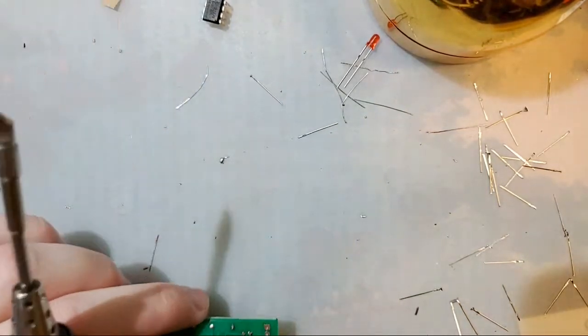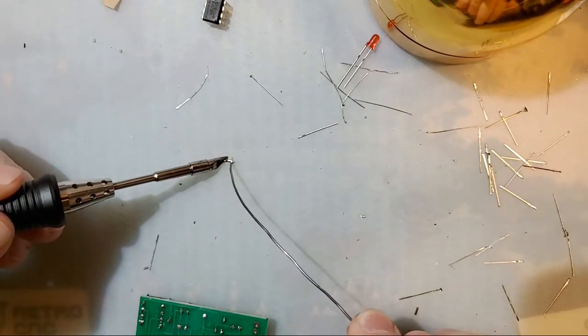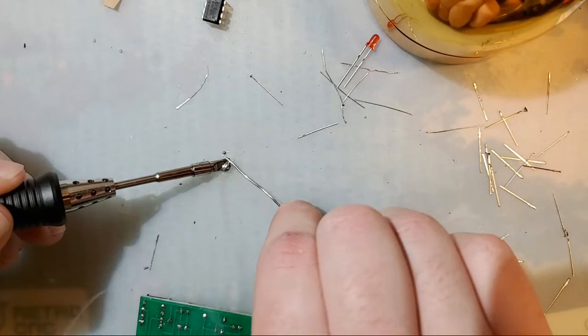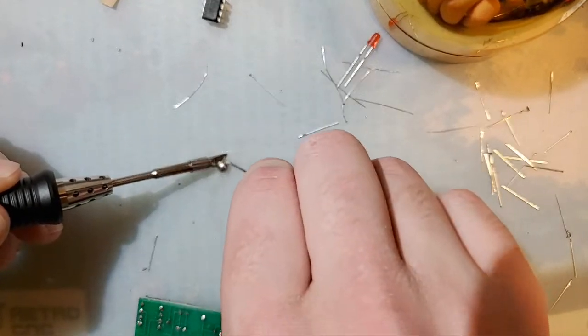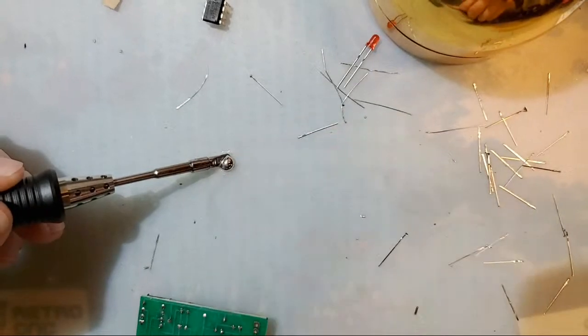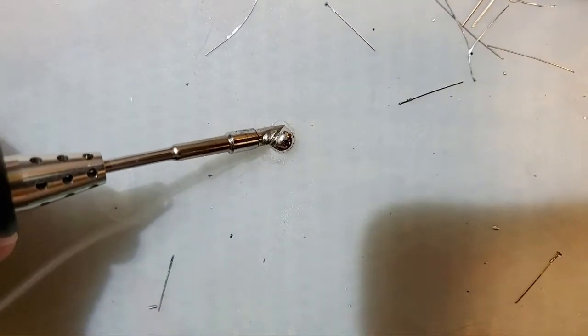So let's see if I can't make an example here. I'm gonna make a big old solder ball on my desk here, and we're just gonna give it a minute and try and let the flux cook off. You can see it's nice and shiny right now,